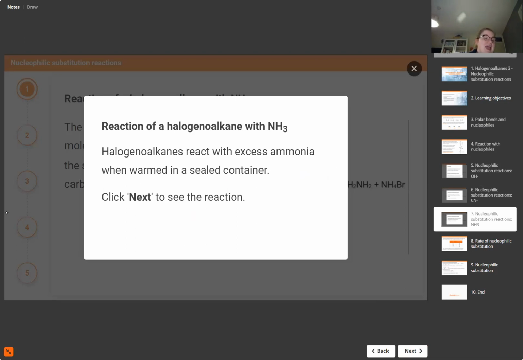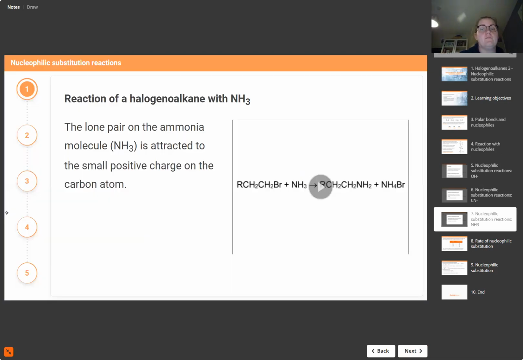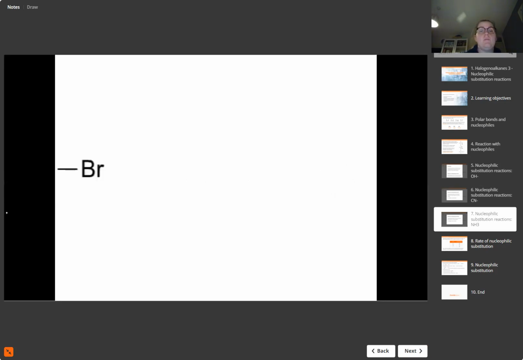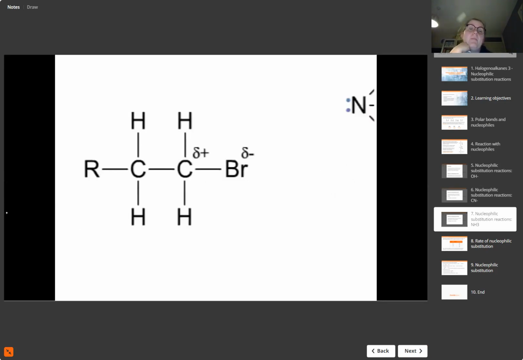Halogenoalkanes react with excess ammonia. Excess is really important, and it needs to be warmed, and it needs to be in a sealed container. So you're going to see pretty much the same thing again. The lone pair on the ammonia